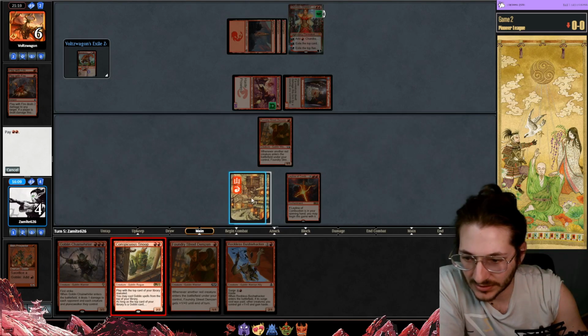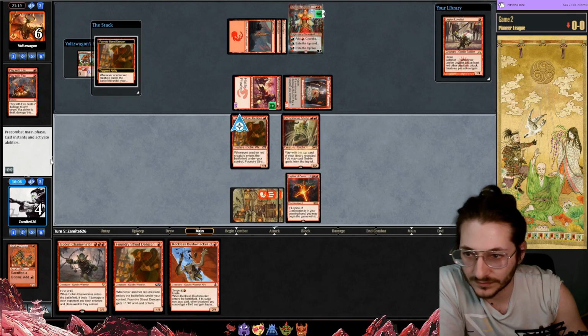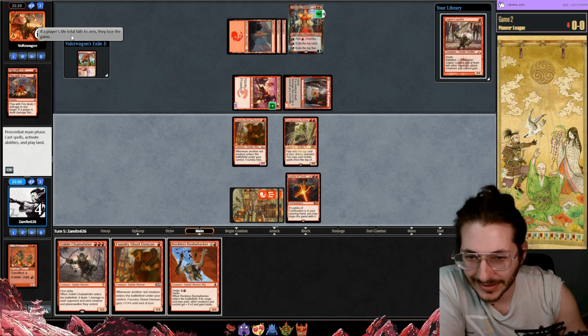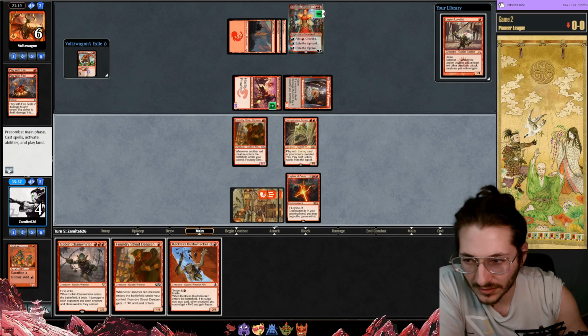We were decently close. I guess I just play Snoop here. And then do I attack? If I attack, they go to 4. And then I block. Or they shock it. They go to 2. I think I have to hope that they don't have anything. Although...